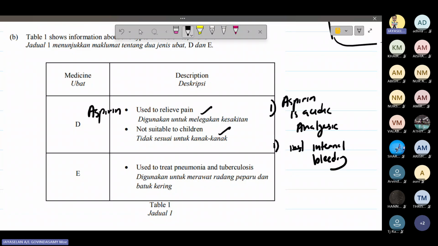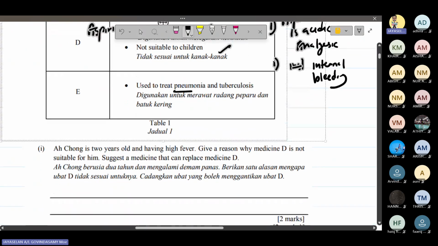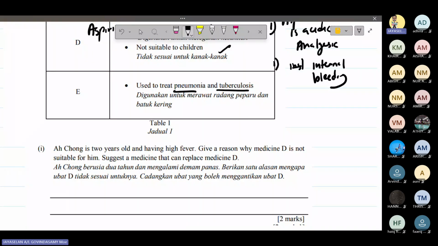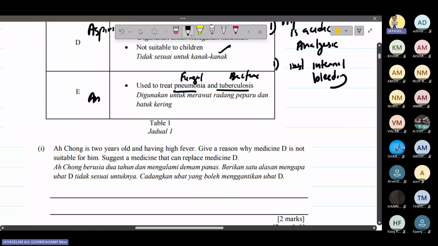Another group that cannot take aspirin is gastric patients and pregnant women. Remember pneumonia and tuberculosis. Pneumonia and tuberculosis are bacterial infections. This is a fungal infection. This is a bacterial infection. So for this you must take